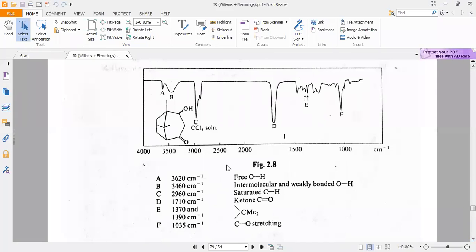So we are just continuing. This is the IR spectrum of this molecule, commonly called adamantanone. So you look at here, starting from 333 per centimeter, ending with 4000 per centimeter. So this is an IR. Along the y-axis, we are taking percent transmittance, right?